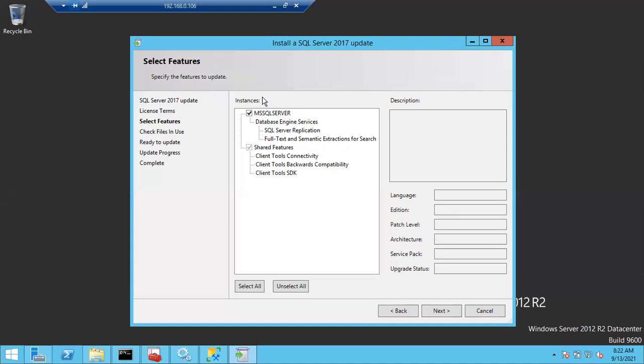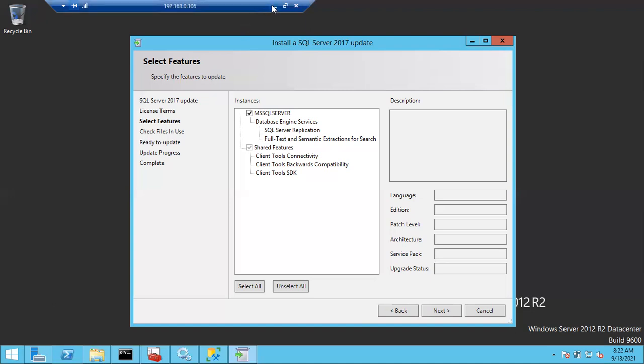Imagine you have 3 instances of different versions. One is running on 2012, one on 2014 and one on 2017. Now you cannot see the other 2 version instances on this screen. Why? Because this screen belongs to 2017 only. It will show whatever instances are there with 2017 only. If 2012 and 2014 are there, you cannot see them on the screen. So nothing to worry.